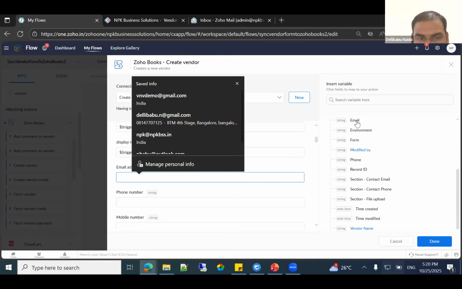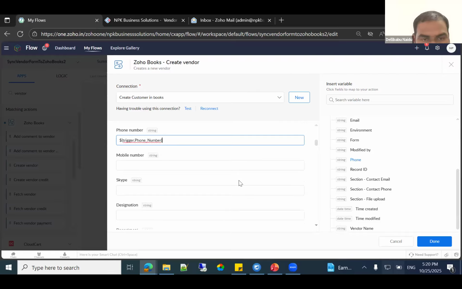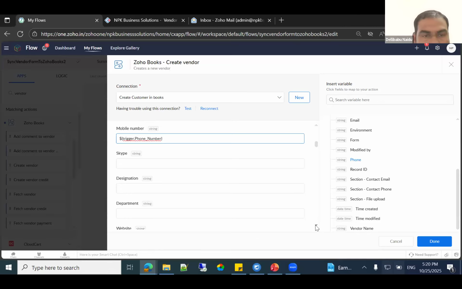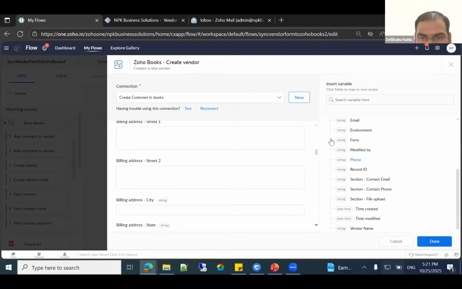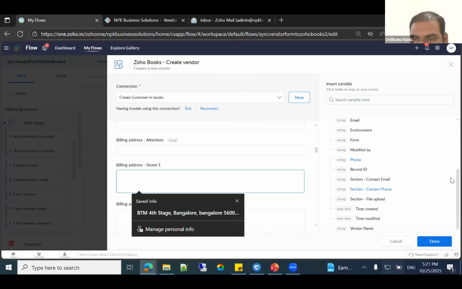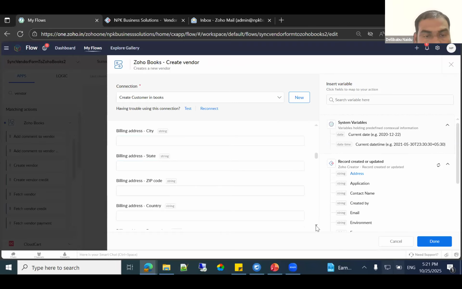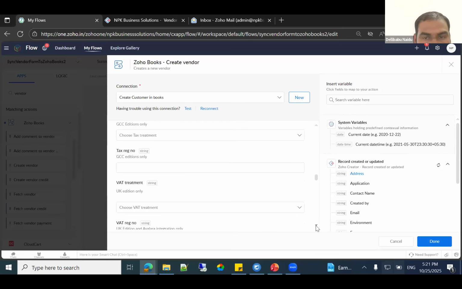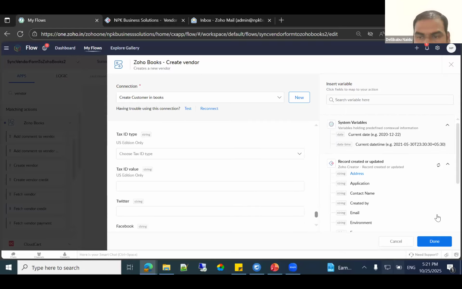Email address, phone number. We take phone number again into mobile also. If you capture all these fields in your Creator form, we can add those also, but here we have limited. Is there any mandatory field? No, there is no mandatory field. Okay,